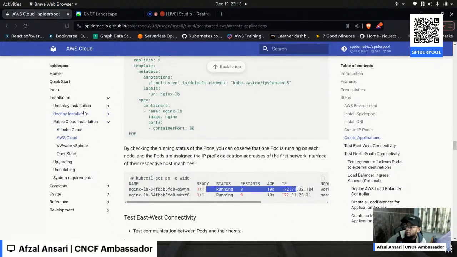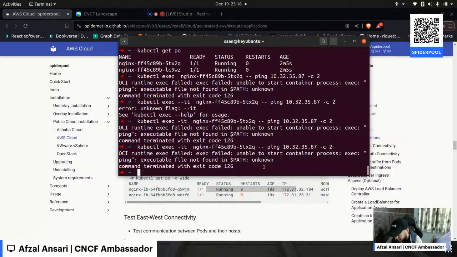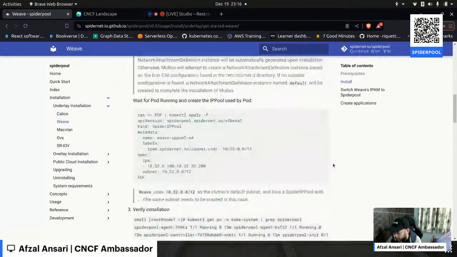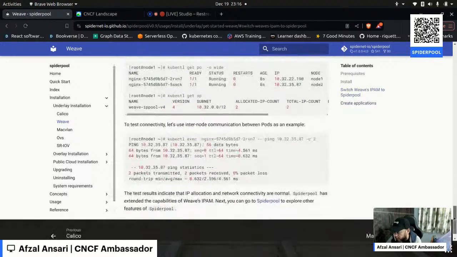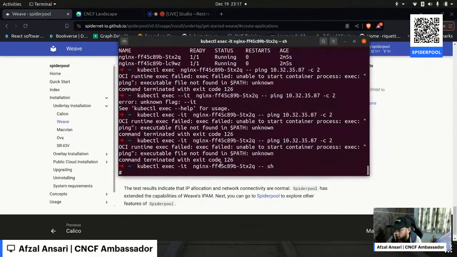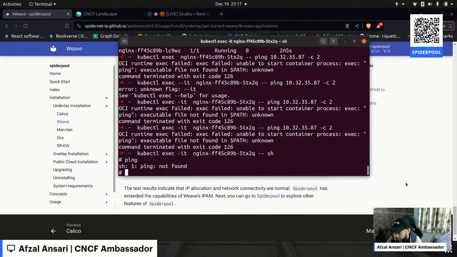So yeah, I think that's pretty much the installation process, and let's see if we can dive into that if we have enough time. Let me exec into this and try this out. I'm not sure if ping can work out. Yeah, so here we don't have ping installed. If you try to install ping inside this,